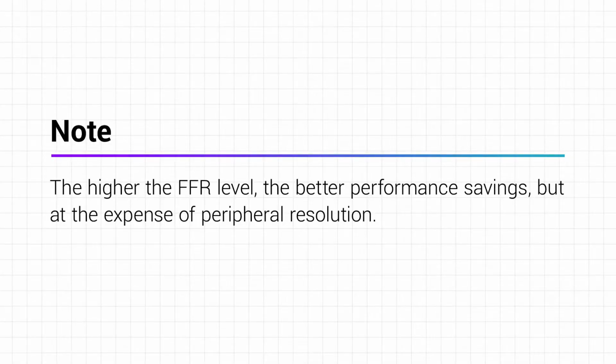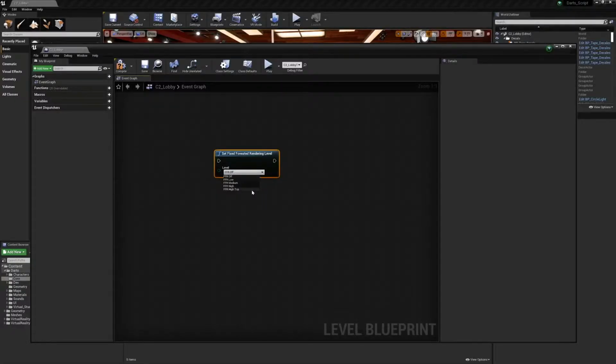The higher the FFR level, the better performance savings, but at the expense of peripheral resolution. The only exception is FFR high top, which has more detail towards the bottom of the screen and more foveation near the top. With fixed foveated rendering enabled, you can notice lower resolution rendering in sections further away from the